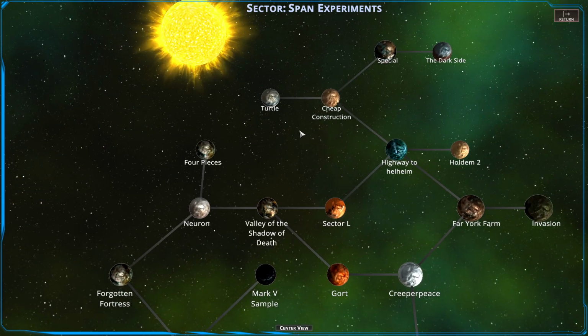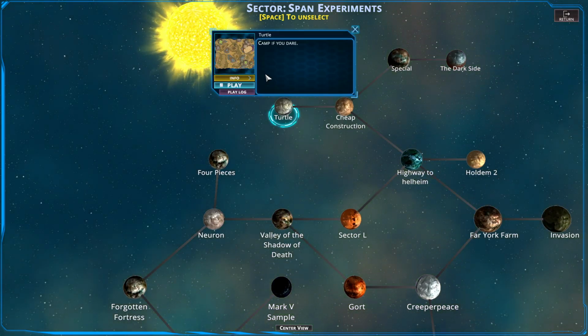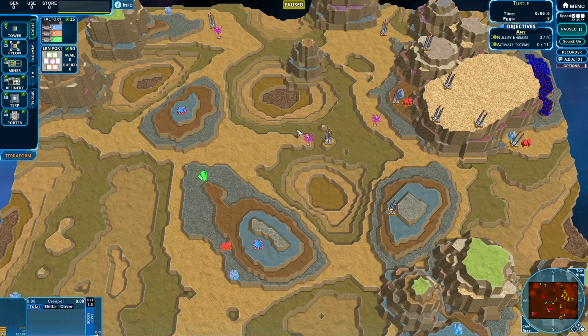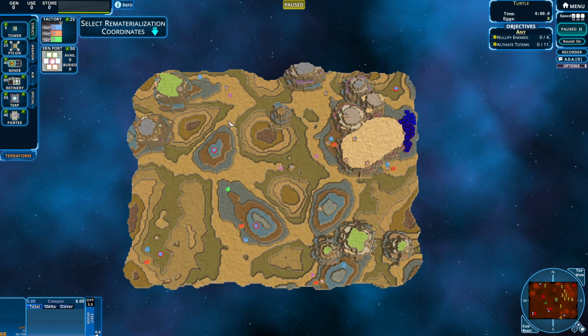That's right, we are heading in here. Commenter White24 asked to see how I would handle the turtle map, Camp if you dare. Let's give it a go. I did load it up just prior to this, just to see what the beginning was like. I didn't actually place anything, I just wanted to see what the map was like, just to start